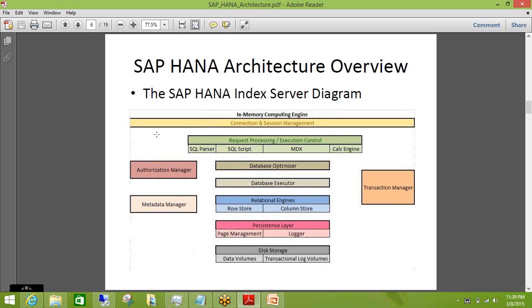Suppose I have created a modeling object. The same modeling object I can expose using a BI client tool like Lumira. When you are trying to expose your modeling objects, be it an attribute view, analytic view, or calculation view, you have two approaches.